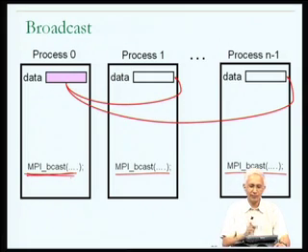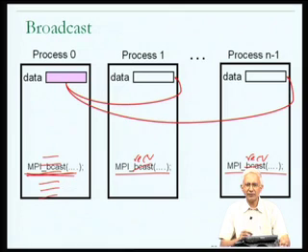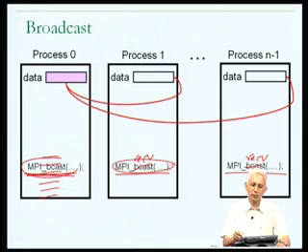Remember, the alternative would have been that process 0 would have had to do a send to process P1, followed by a send to process P2 and so on. It would have had to do 9 MPI sends, and each of the processes in turn would have had to do an MPI receive. But the net effect would have been that the programmer would have had to write a more complicated program. In the current version with broadcast, the programmer just writes this very simple program in which each